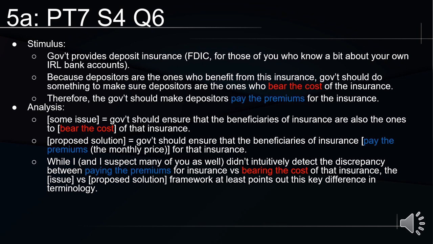Again, that's pattern 5A. When a stimulus includes an issue, like, hey, this is what we want to do, a goal or an issue, and then it says, hey, this is what we should do. This is what we want to achieve versus this is what we should do. Again, issue versus solution. That seems to be really the only way to reasonably break down the stimulus in that framework.